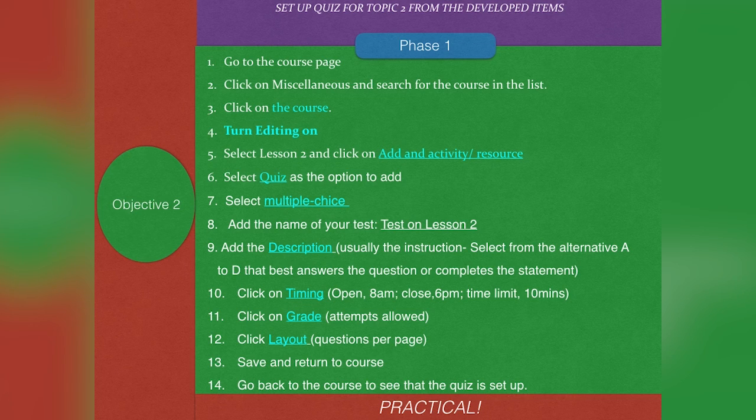So the first thing is that you go to the course page, okay, and you click miscellaneous, and you search for the course. By the time you get to the course, you click on it. But very importantly, I will demonstrate it later, you turn editing on. Please don't forget. If you don't turn it on, nothing can be done at this point. That's why we bolded this for you to see it clearly. Okay, having turned editing on, you locate where lesson 2 is. There's the previous lesson 1. Go there and click on add